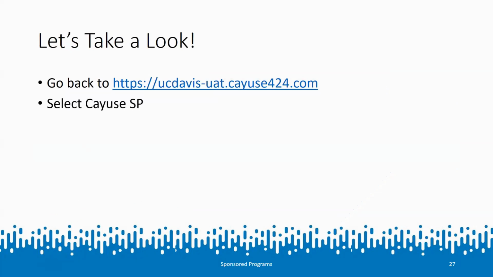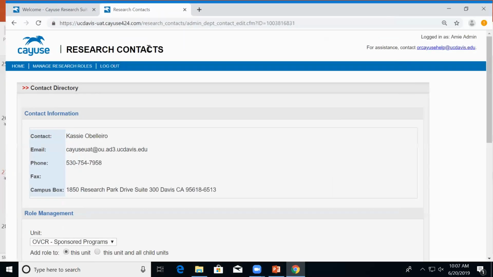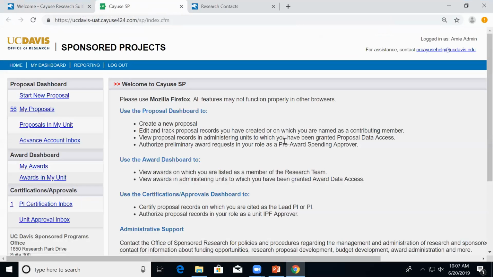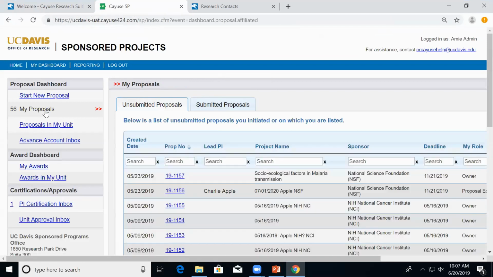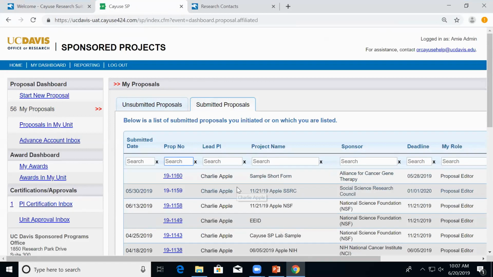So let's go ahead and take a look at this. Go back to Cayuse SP, and we're going to look at a proposal in here. I'm going to go to Cayuse SP, and go to My Proposals. Then you want to select submitted proposals, and in the proposal number, search for